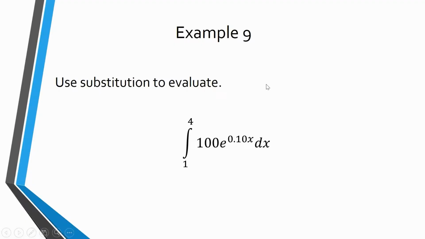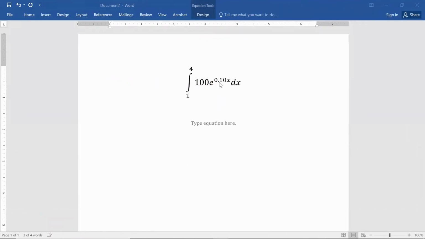Let's take a look at this example. We'll use substitution to evaluate this definite integral. We want to integrate 100e to the 0.10x with respect to x from 1 to 4. Remember, that's finding the signed area between 1 and 4. In this case, notice this is e to a